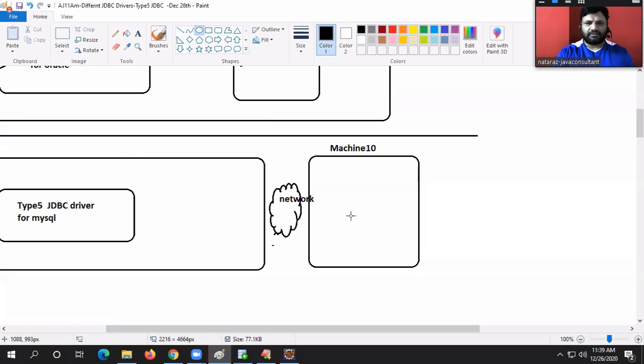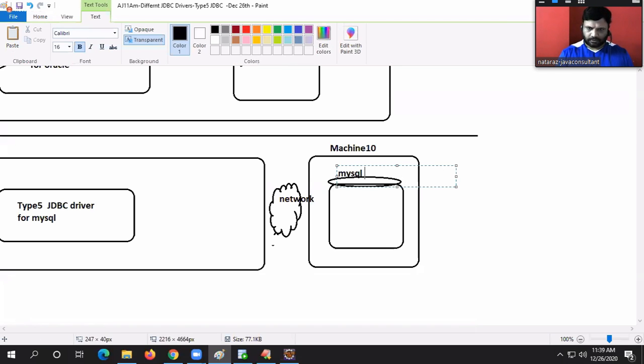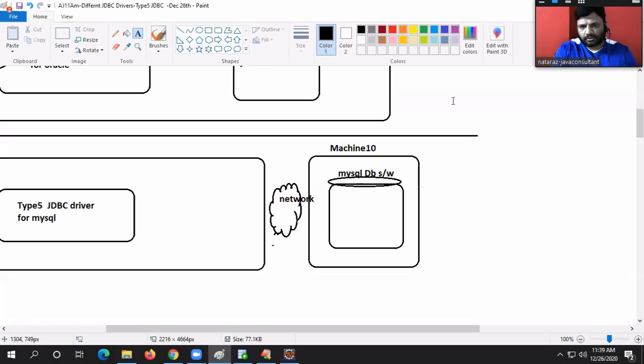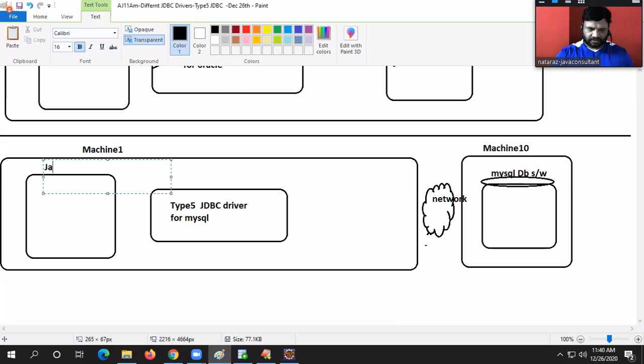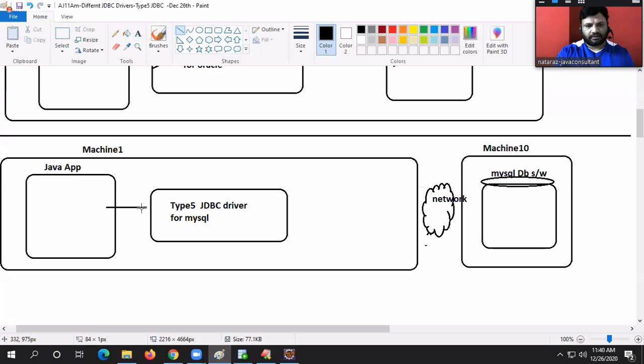Here is my MySQL database software. This to this.